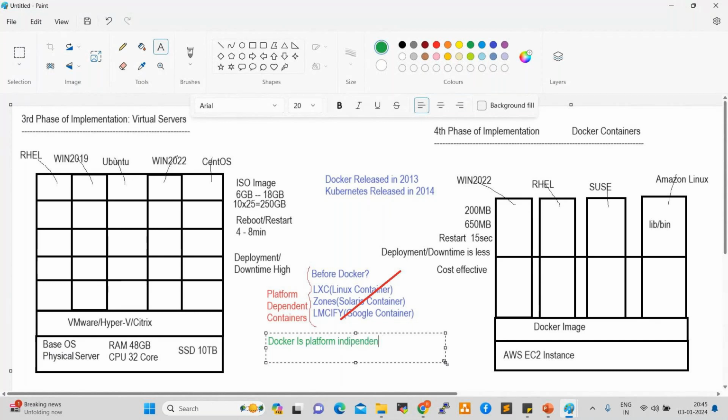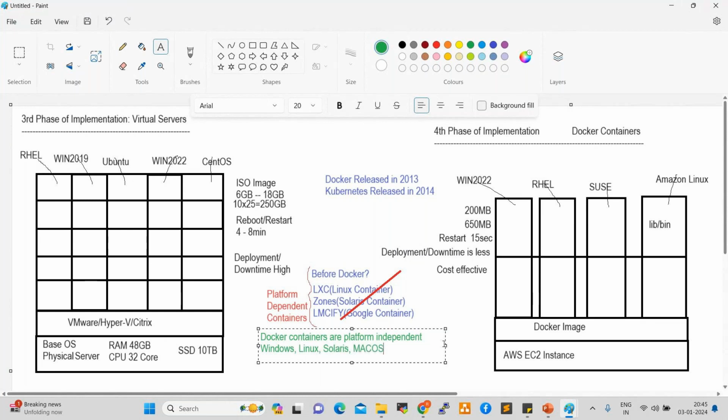It is a platform independent infrastructure, right? What is platform independent? Anyone? Docker containers will run on any platform, like Windows, Linux, Solaris, even macOS also.